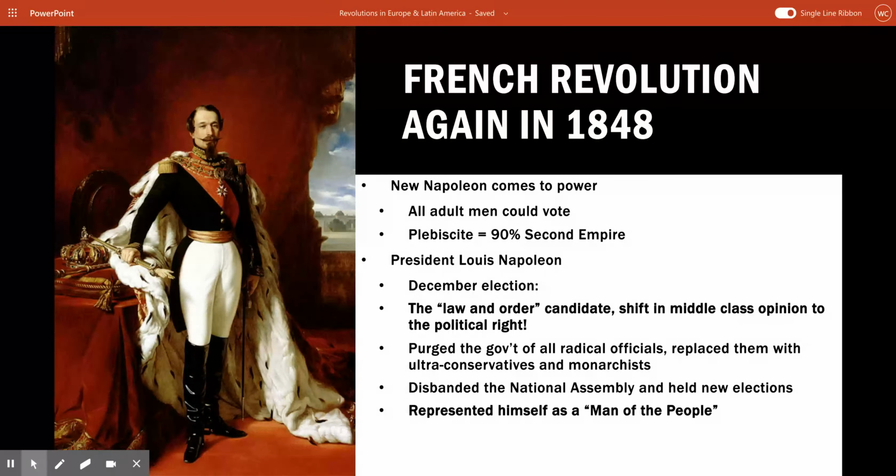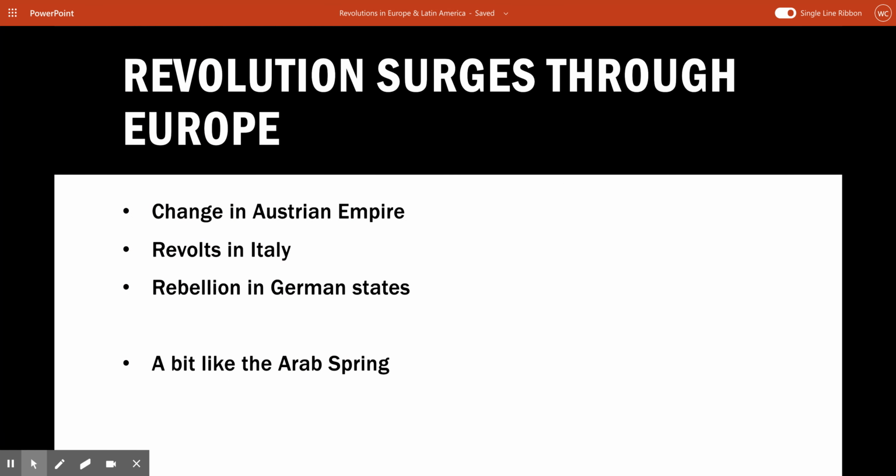So with these movements that are happening in the 1830s and 1848, you're going to see these revolutions sweep through Europe. The Austrian Empire has all these nationalistic groups that are fighting for their independence, so there are changes in the Austrian Empire. There are revolts in Italy and in the German states to try and gain some sense of autonomy. And that's eventually going to lead to Italy and Germany becoming modern, unified countries pretty soon. But essentially what's happening with these surges throughout Europe is, in general, peoples around the world all want the same thing.